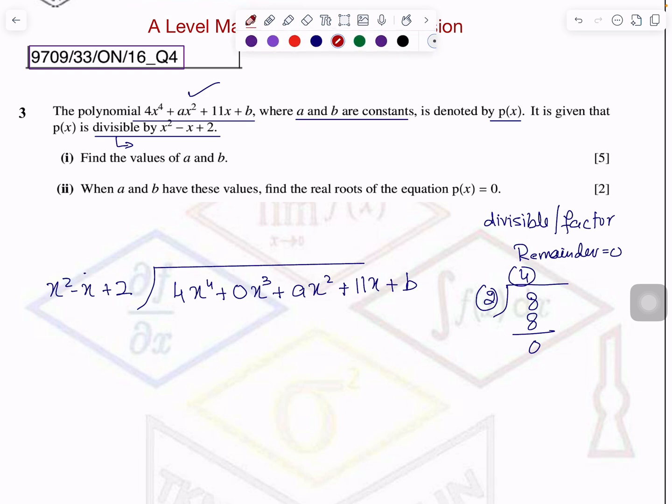So now I will multiply x square by a term to get 4x power 4. So it is obvious that you multiplied by this to get 4x power 4. And now you will multiply the other two terms with 4x square. So let's multiply x first, minus x rather. It will become minus 4x cube. Then let's multiply 2 by 4x square. It will be plus 8x square.